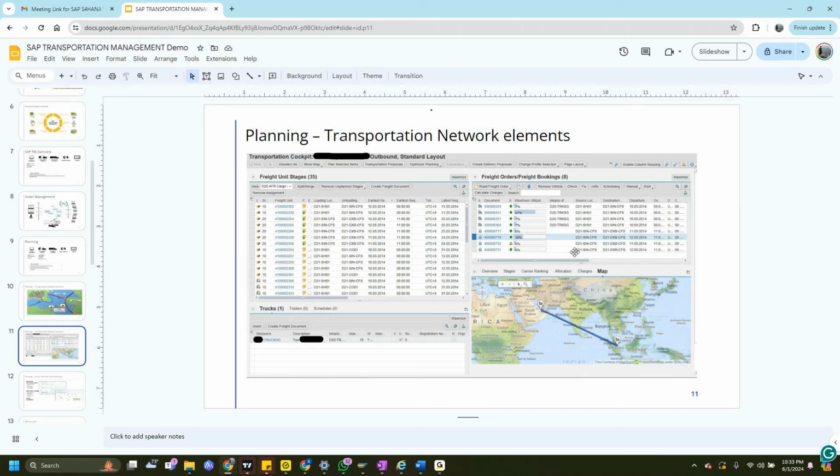This is the upfront expectation that you can set with a business, even when you're dealing with a new client. When you're going to a new client, you can set these expectations upfront, because if you commit that you'll set up a system such that you don't have to do anything, everything sets up automatically, it will plan automatically, it will send to the carrier automatically, the carrier accepts automatically, that's a wrong way of setting up expectations.